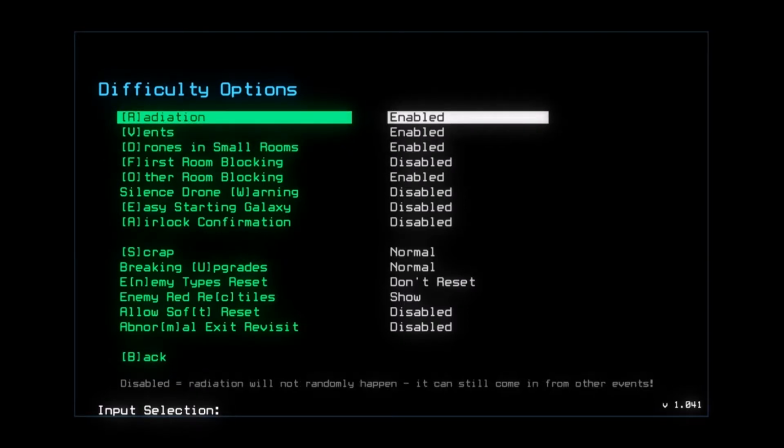Radiation is an environmental hazard. If you disable this setting, it will not be generated into derelicts. But if a meteor strikes, or you just open an airlock to space, which is a valid strategy to deal with certain threats, then it will become irradiated because space is a bit radioactive. But I'm going to leave this enabled because